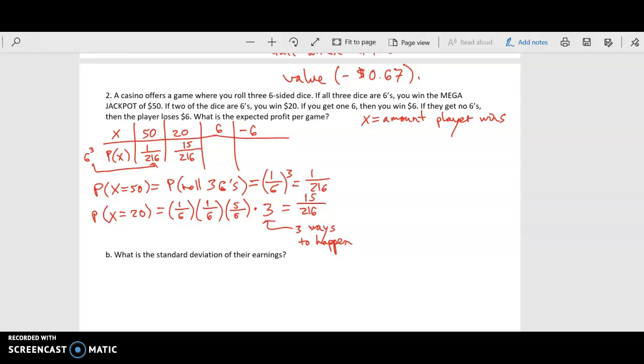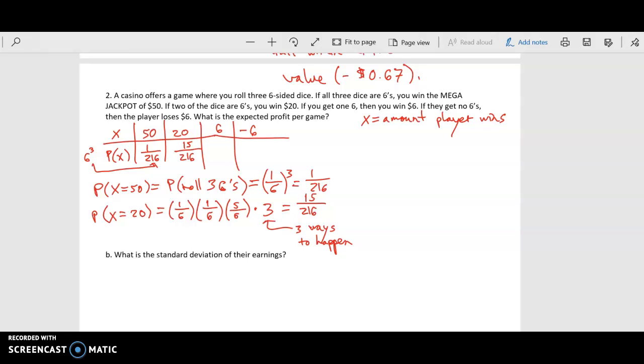Okay, when the other video timed out, we were talking about how we came up with these probabilities. The easiest one to find was the probability of rolling three sixes. They're each a six, and order doesn't matter if they're all sixes, so it's just 1/6 cubed. The next probability we found was the probability that X is 20, that is, we won $20, and that's